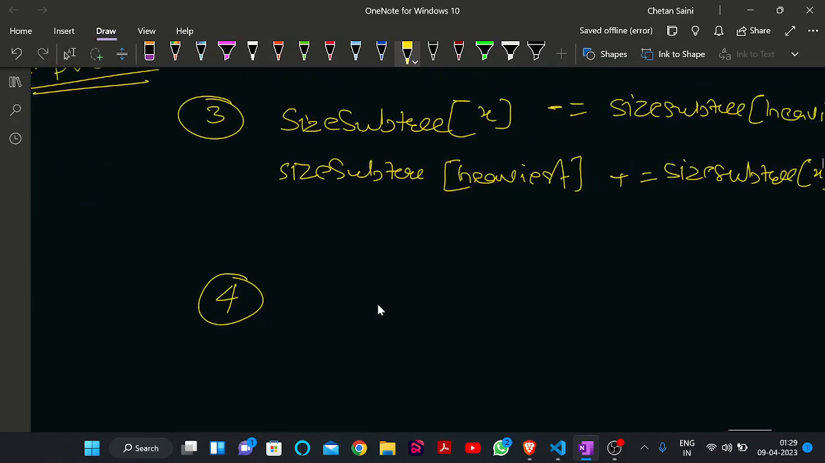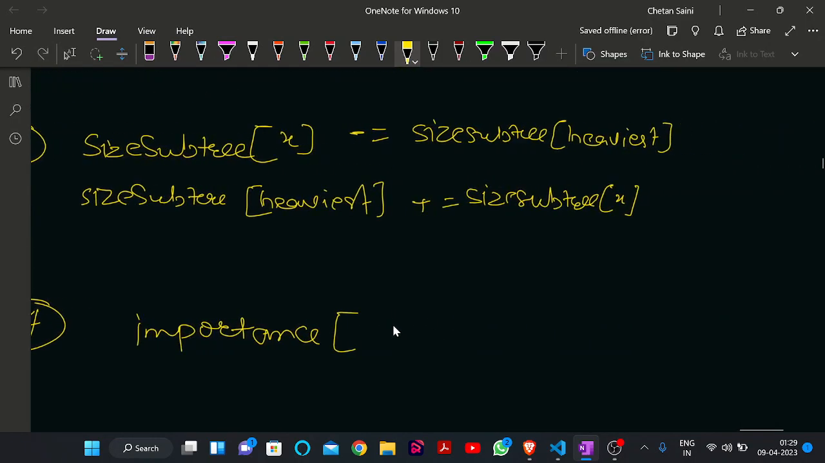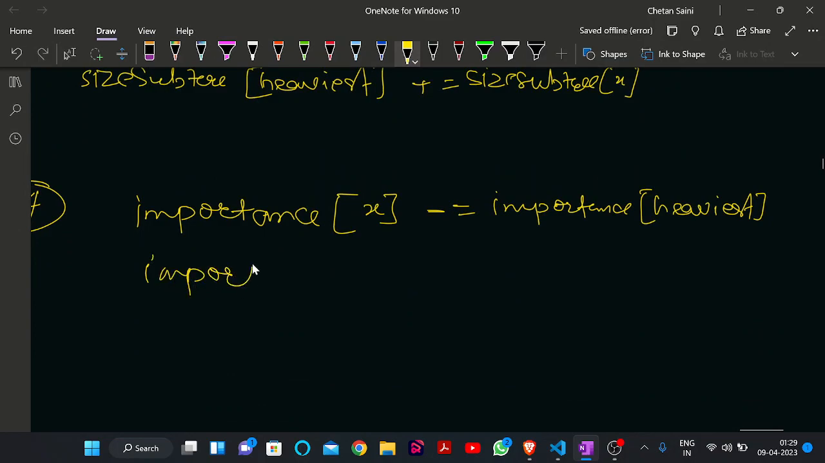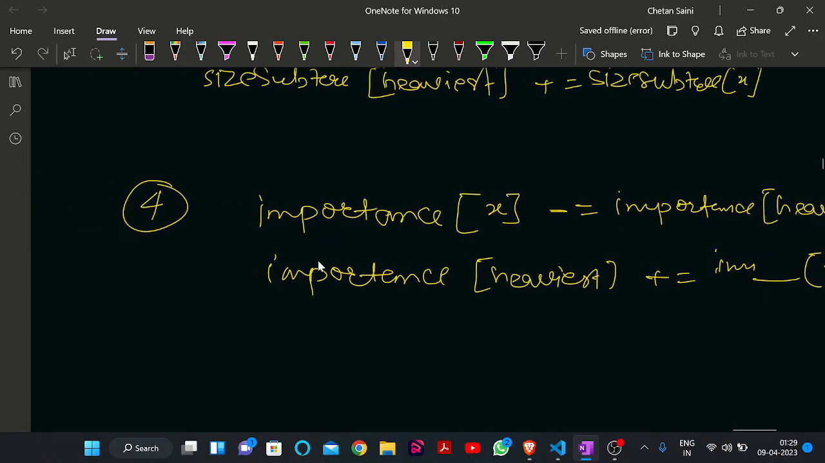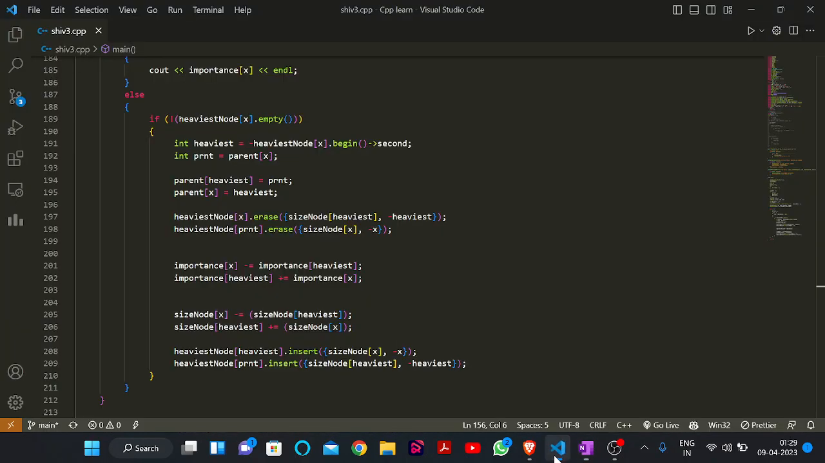So this is the fourth change which you are getting, that importance of x will be decreased with importance of heaviest, and importance of heaviest will be increased with importance of x. This is the fourth change, and then there will be a fifth change, that is